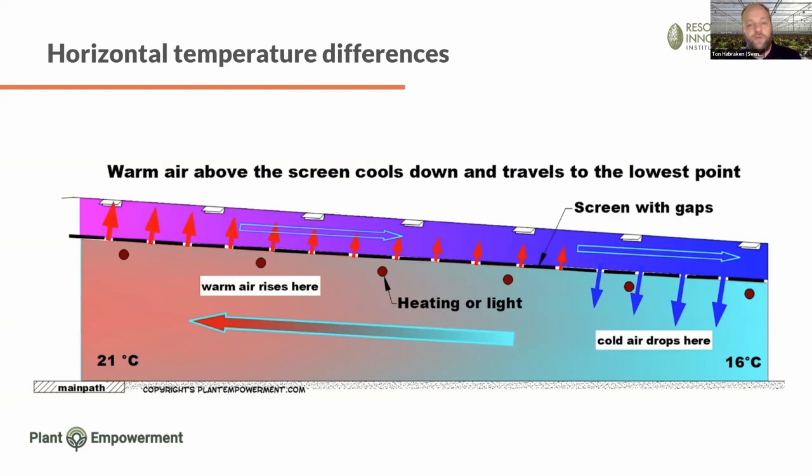What growers traditionally tend to do to solve this problem is increase the temperature even more, or sometimes they also have lights being switched on in certain periods of the day, and this brings even extra heat into the greenhouse, and this increases the temperature differences even more. So this is basically something we do not want. This is something we want to improve. So if we go to the next slide,